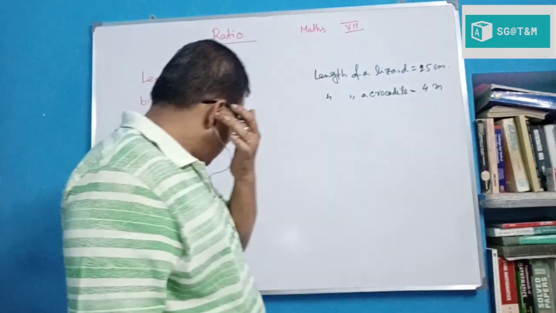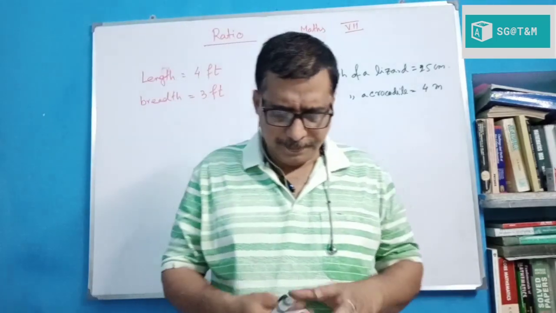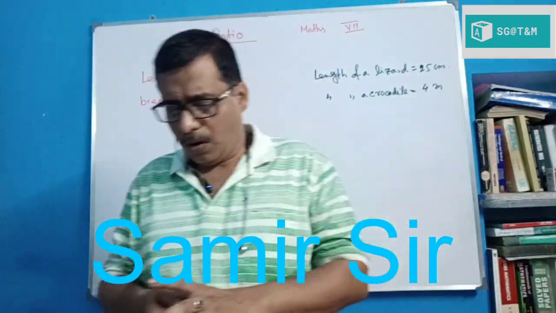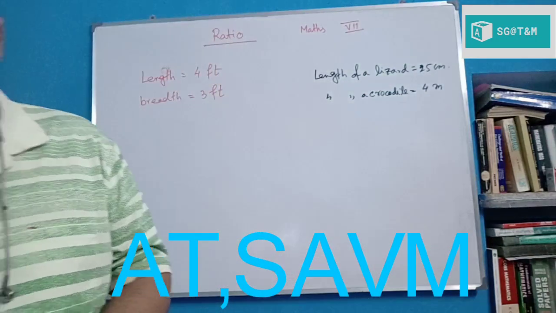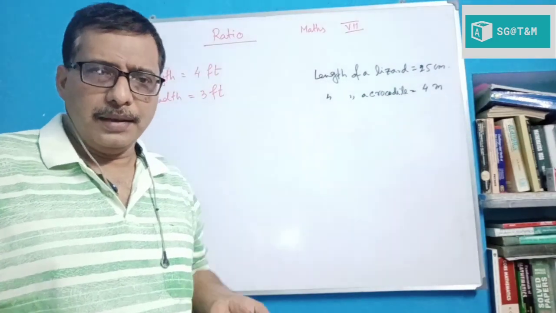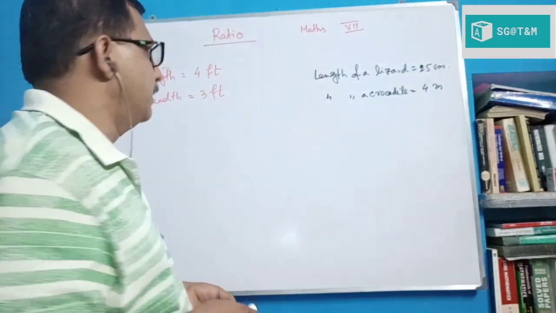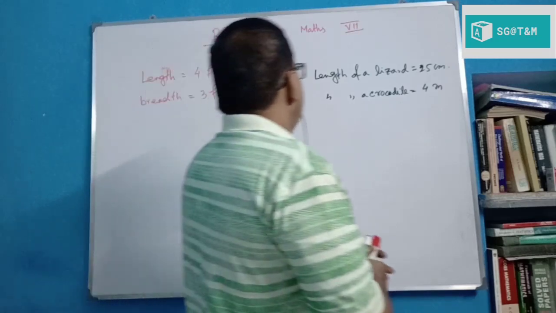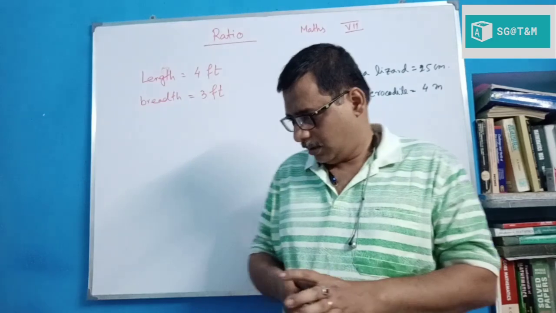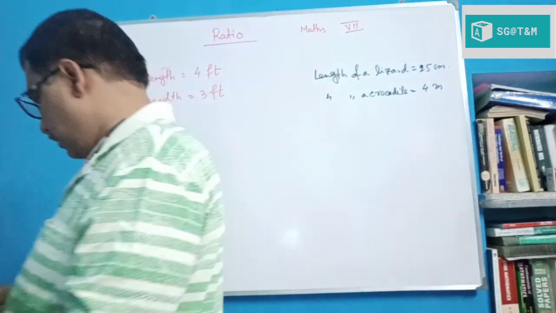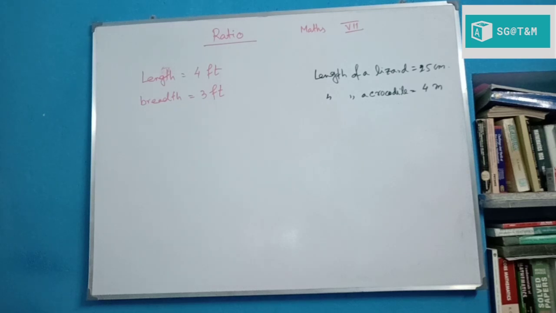We have already discussed the previous lesson in a few classes, and I hope all of you completed it. Since it is based on class 6, it is very easy for you and you have already done this. So today we start another topic, a new topic in your syllabus: ratio. It is written on the board, ratio.